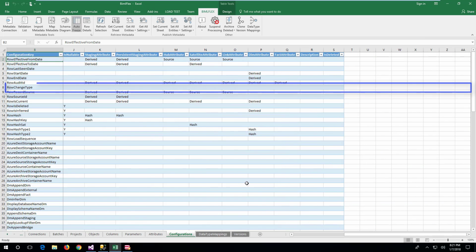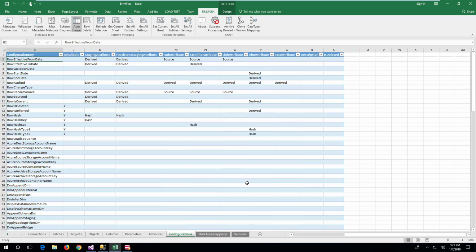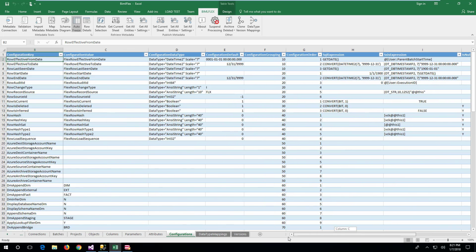Row change type, by comparison, is not derived by default. This would track inserts, updates, and deletes. Should there be a need to store change type, the configuration would need to be updated and an expression to drive the value added. There are default values for Azure Blob Storage destinations in case the load to blob storage